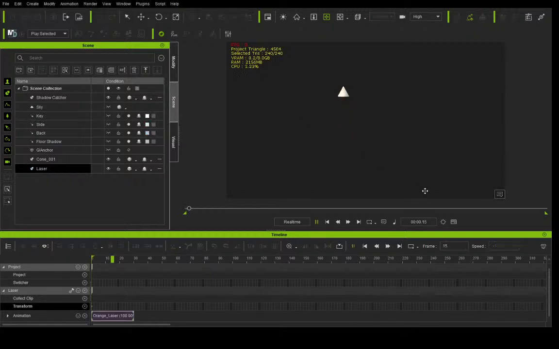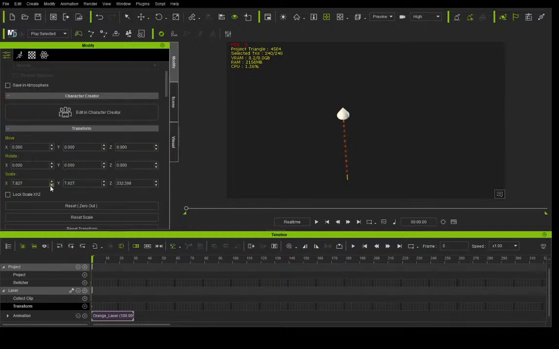So if I perform, oh, of course now it's firing down. Oh well. One of the things I found was it shrinks the laser